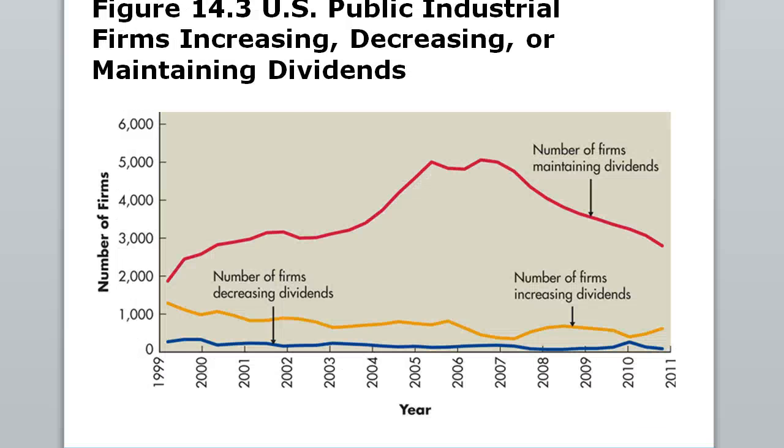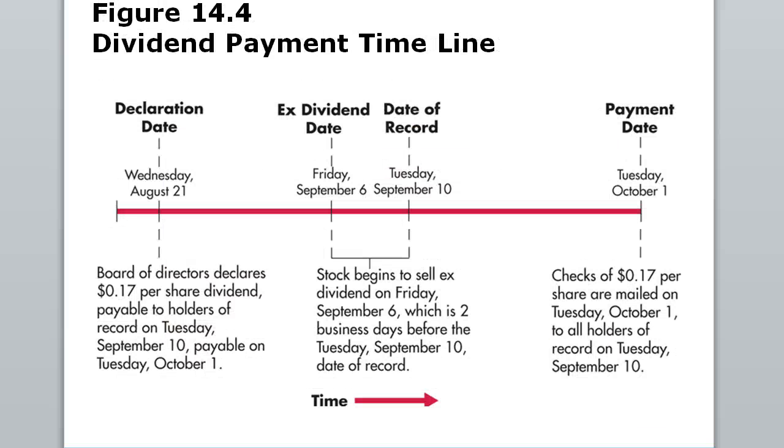So let's look at this on a timeline. The timeline helps a little bit better. So the first thing is the declaration date. This is the date the company says, hey, we're going to pay a dividend. And then they say, we're going to pay a dividend on the payment date. So this is the day, October 1st, when we're going to actually pay the dividend, and August 21st is